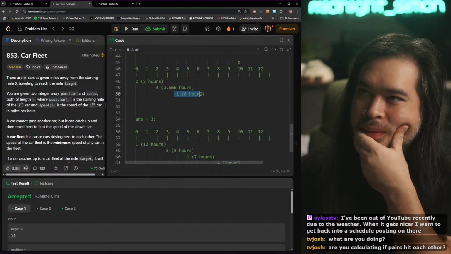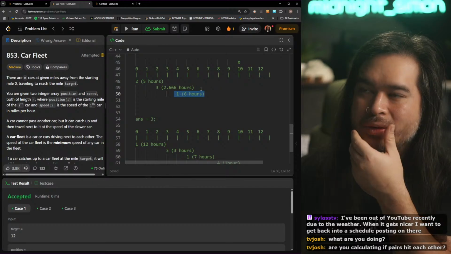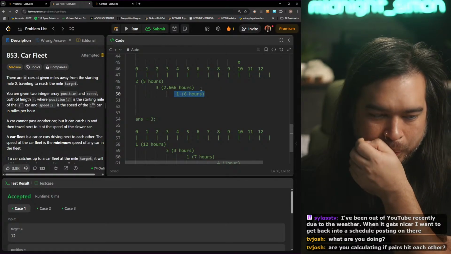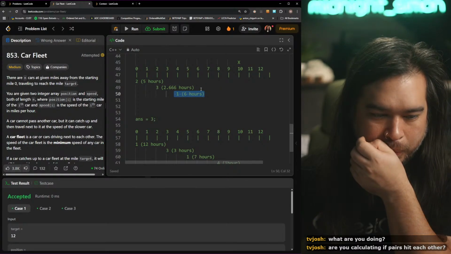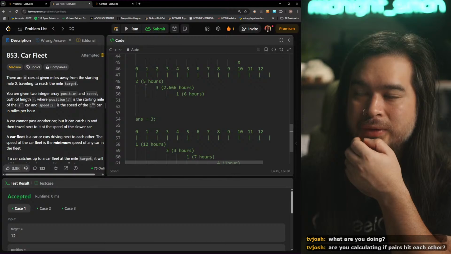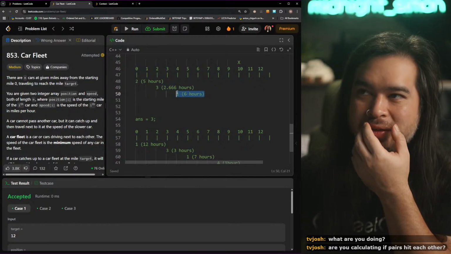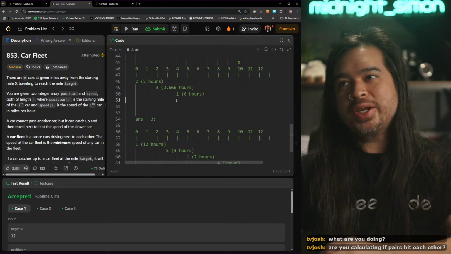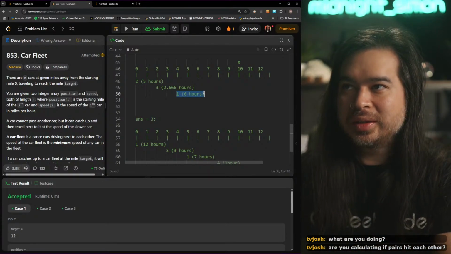This one catches up. They both catch up to this one. It's the first greater to the right. Man, it feels like there's some type of monotonic or